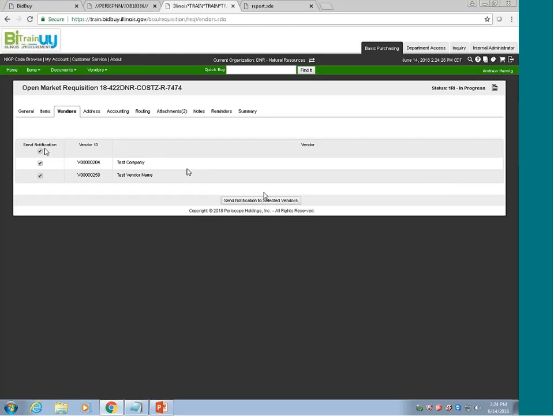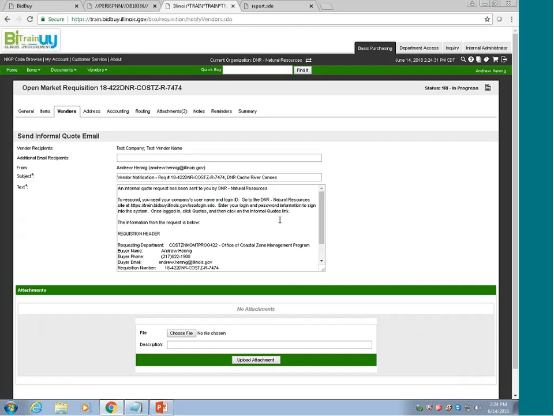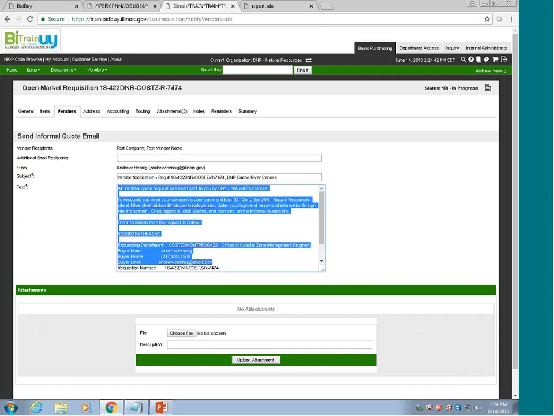Select the vendors we're notifying, and then they'll come up with this email address. We understand that there are vendors that are not registered in BidBuy yet, and you might know of them and might have their email address. So you can copy and paste this email